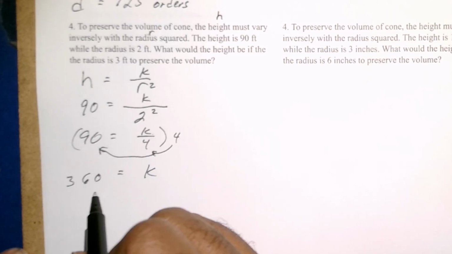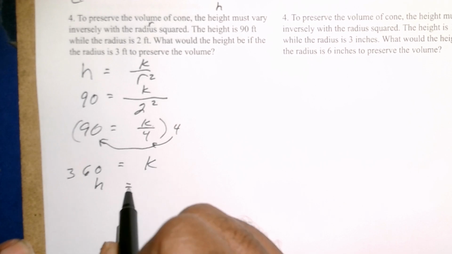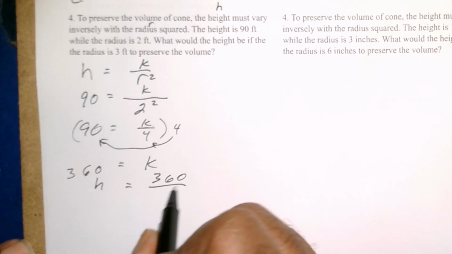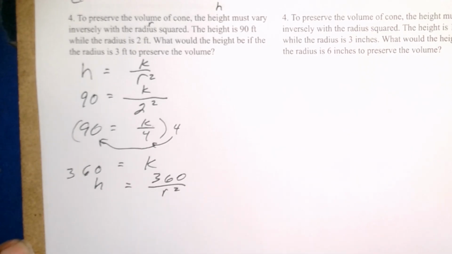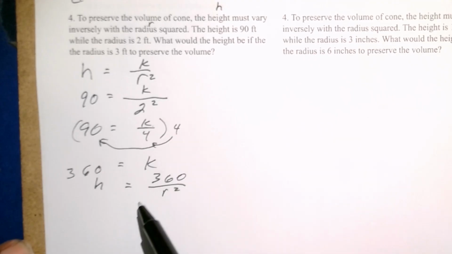So now we have that h, let's move that up a little bit. H is now equal to 360 all over r squared. Okay, now we have the actual constant now. Furthermore,